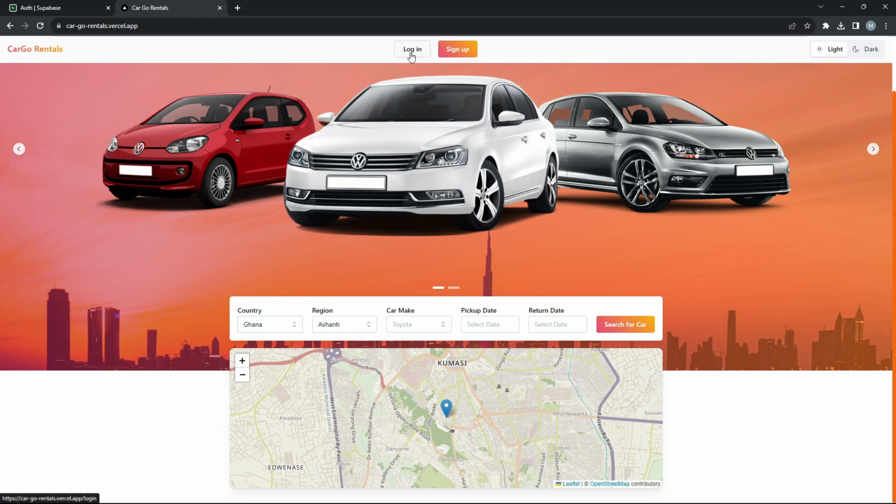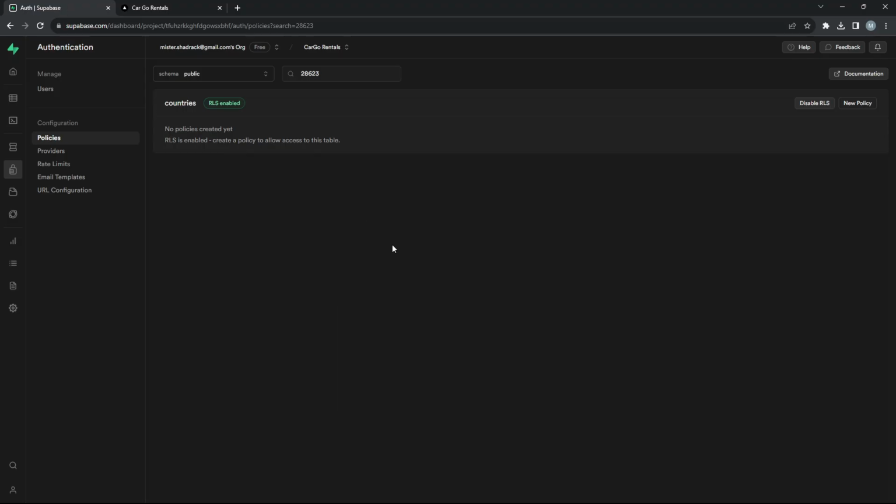So when you visit the application right away, we want you to be able to see the country and then the region, right? And later, when we are using the country and region components for users that are creating accounts, we also want the same thing. So if a user is not registered or hasn't created an account yet, they still should be able to see a list of countries and be able to select from it, right? So it means that we want this data in our countries table to be accessible by any user at all